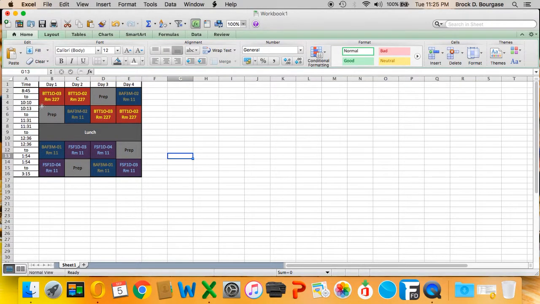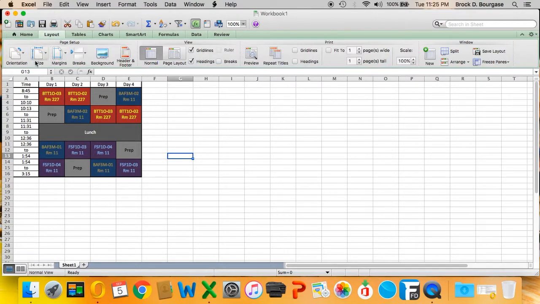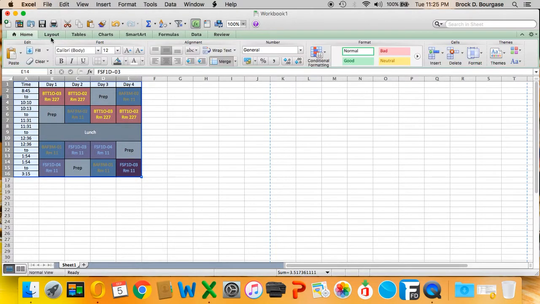One thing you might want to do is print things in a layout style. If you do want to do that, that's under the Page Layout tab, and we can change the margins, we can change the orientation. I think this might look better as a landscape. You can see the little blue line where our page break is. And I'm going to just go back to the formatting. I'm going to increase my